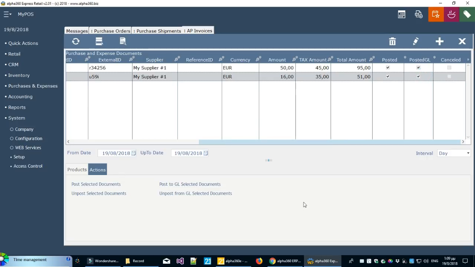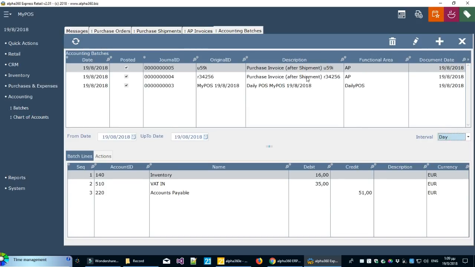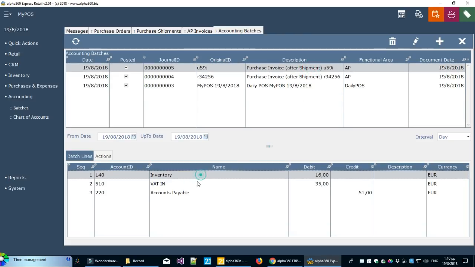So, let's go to accounting, let's go to batches, let's go to today, and these are the 2 purchase invoices that have been posted to GL. If somebody knows more things about accounting etc., he might understand that there are 2 ways to post sales and inventory records